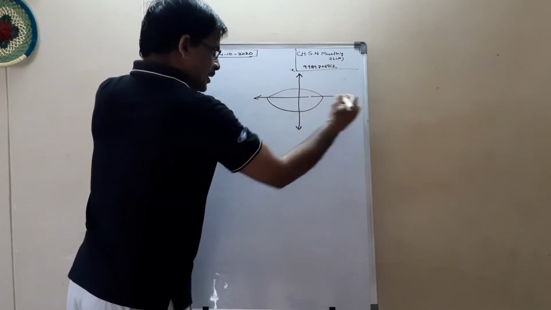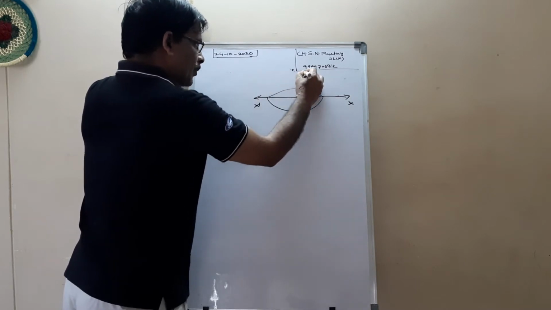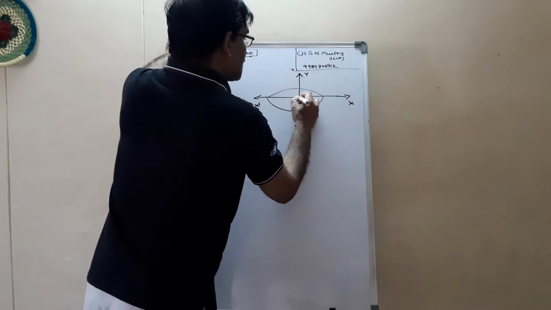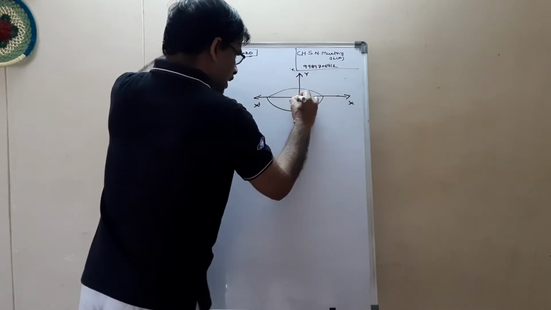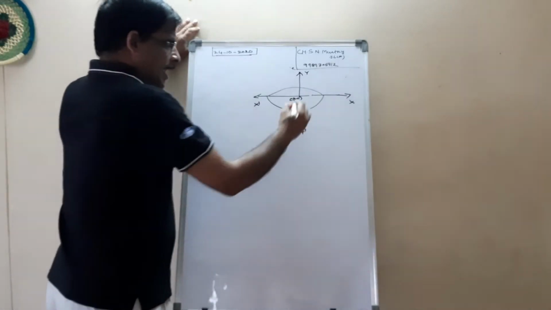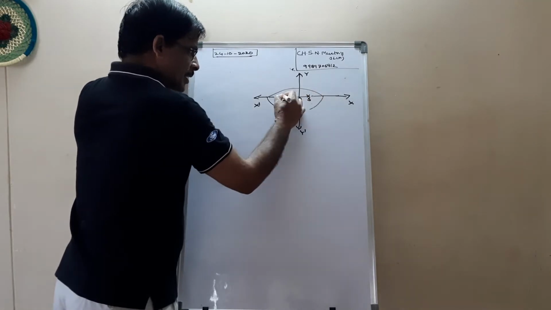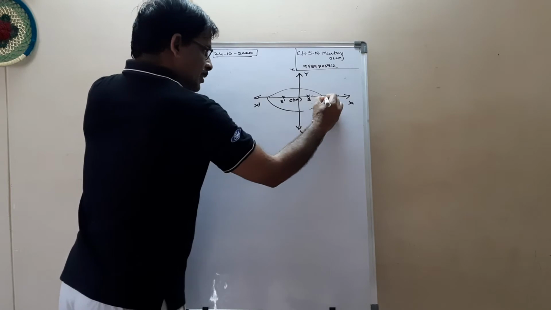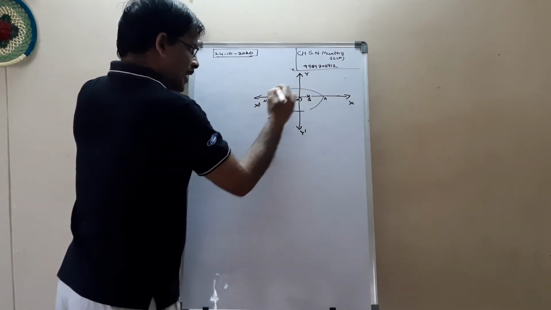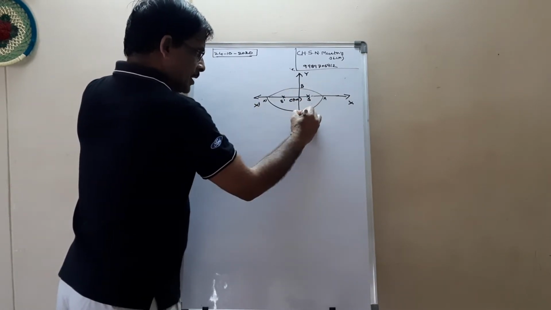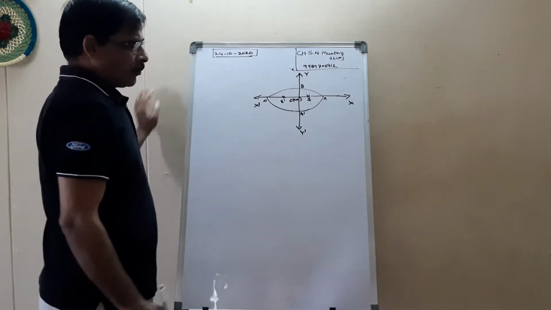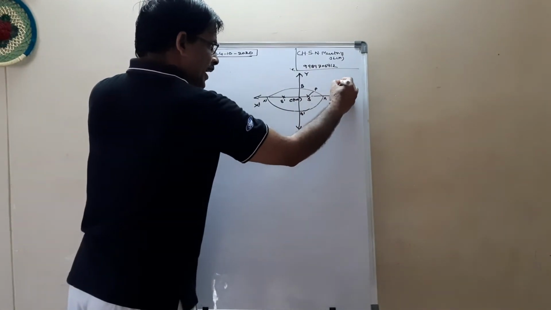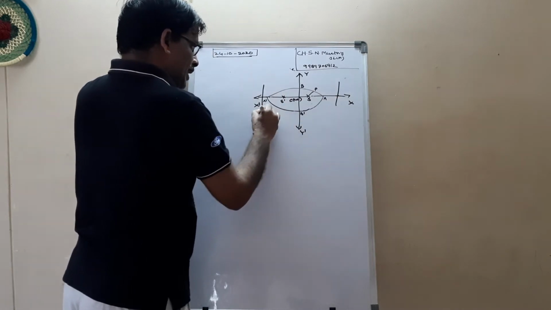See, this is x, x dash, y, y dash. This is the center 0 comma 0. And you know this is the focus. Here the second one S dash, and this is A, this one A dash, B, B dash. You take a point here, P. Take a directrix here, one more directrix here.